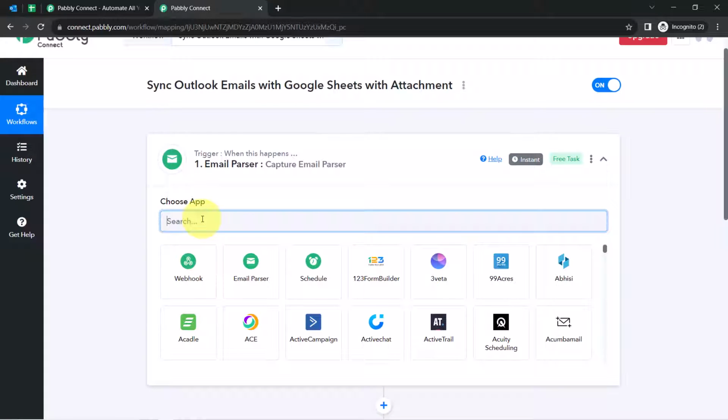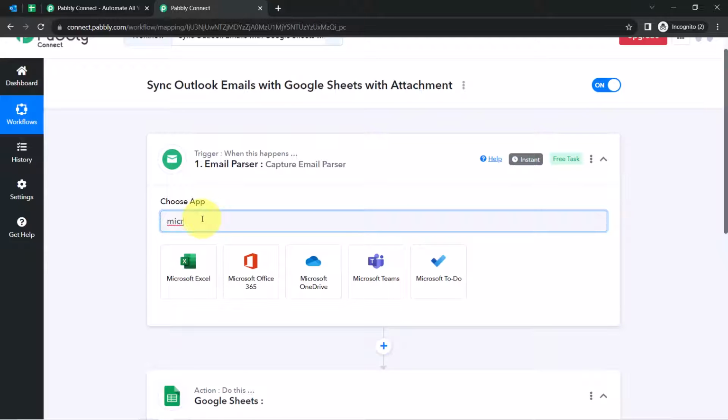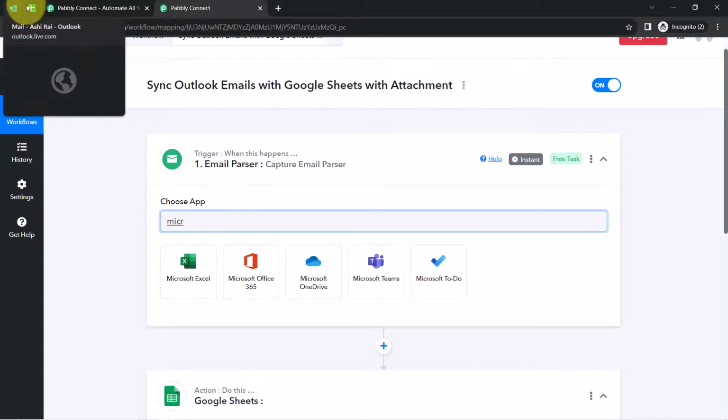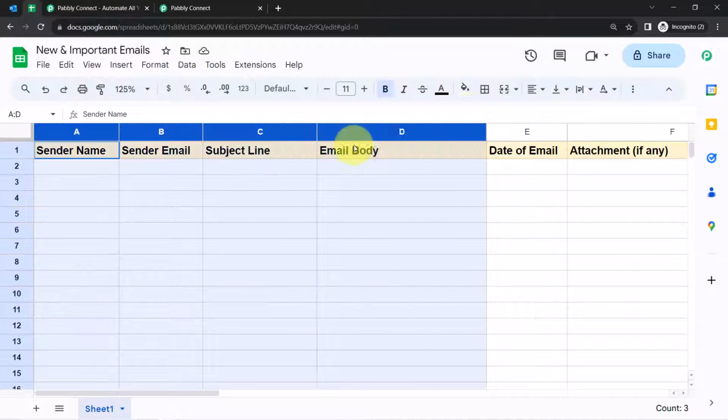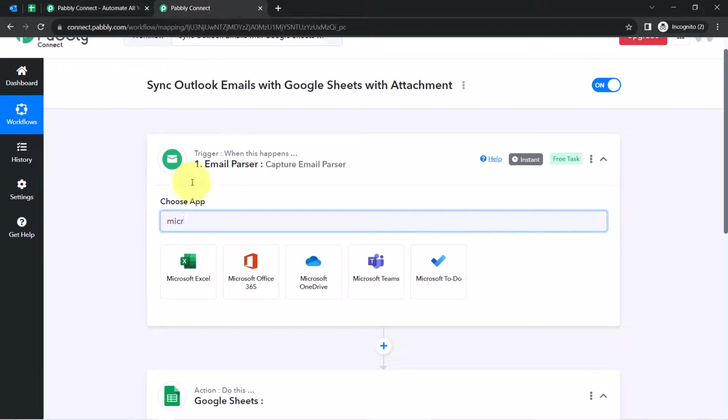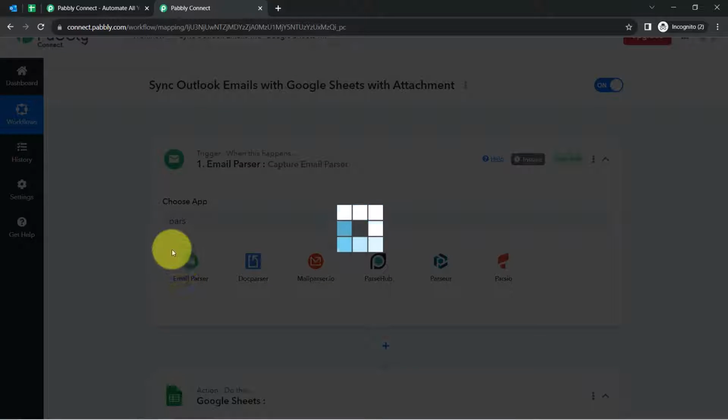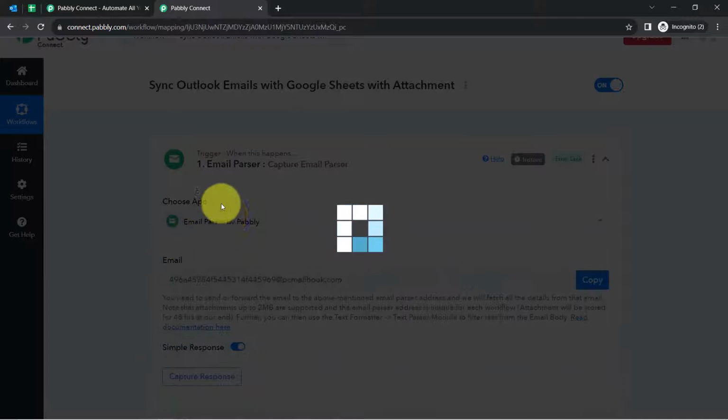If you want to simply add the mail related details like the sender email, subject line, the body of the email, you can directly connect a Microsoft Office 365 application with Pabbly Connect and capture the basic email details. But if you also want to collect the attachments, for that you will have to search for the email parser. So let me select the same, that is email parser,